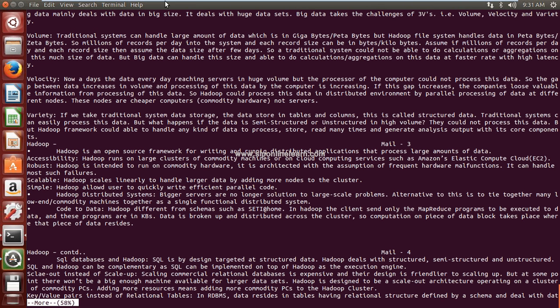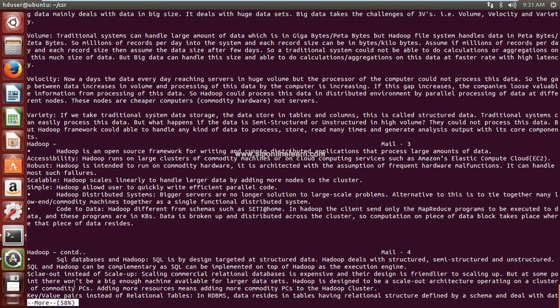Here it displayed the first few lines of the file. At the bottom left side, if you observe, it is displaying more, and how much percentage remains from the file content: 58% of the file content is remaining. Means how much file information is displayed on the screen? Only 42%. 42% of the file content is displayed on the screen and 58% is remaining.